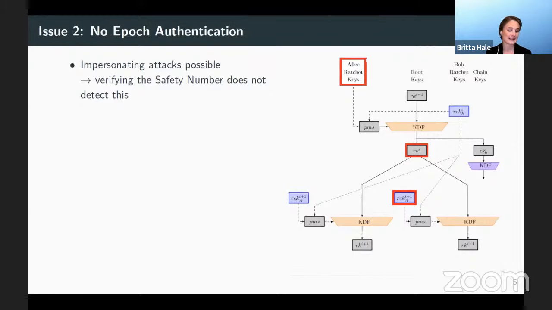So this is not exactly ideal. And the question is, can we do better? Now, I should note that there is a possible argument here where we say, actually, compromise is out of scope for Signal authentication or any similar messaging authentication. So this simply doesn't apply.